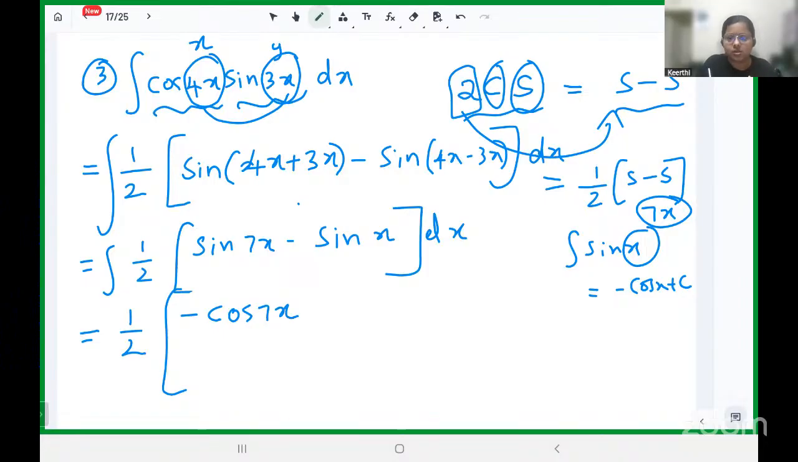Sine x gives minus cos x, so sine 7x gives minus cos 7x. But in the place of x, it is 7x, so you have to divide by the derivative. What is the derivative of 7x? It is nothing but 7. So minus cos 7x by 7 plus